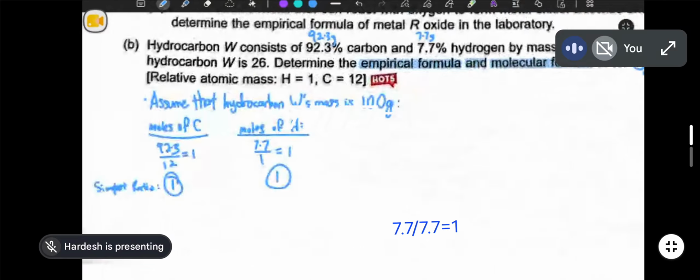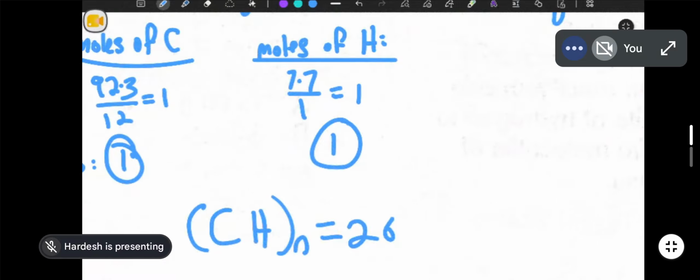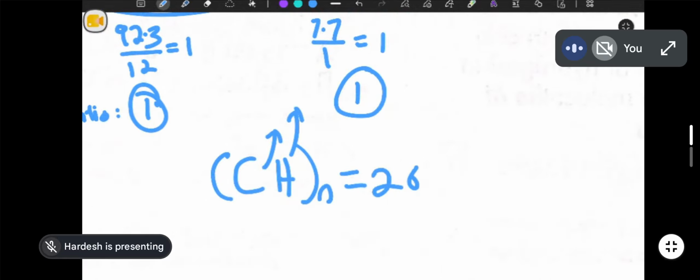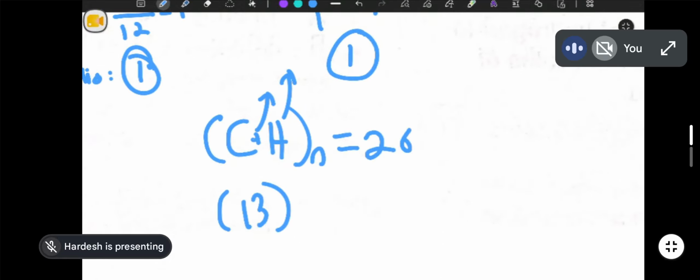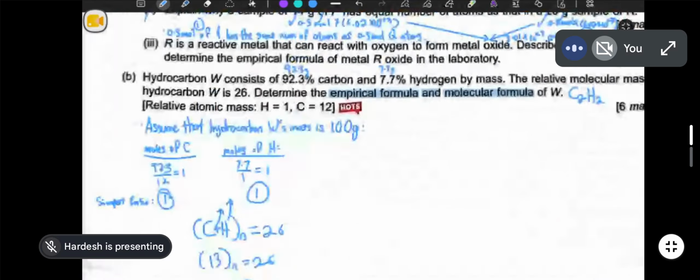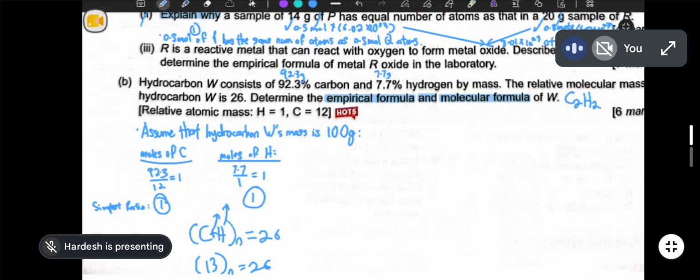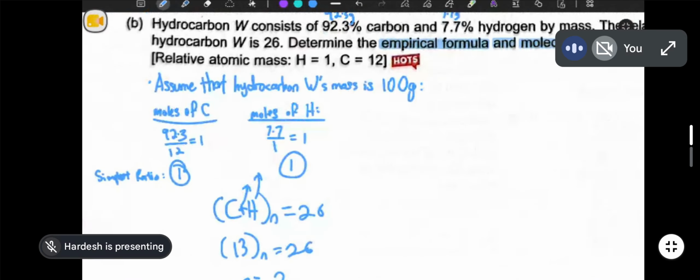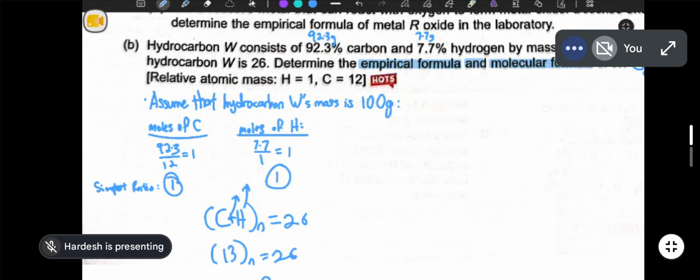So, how to know what is your actual molecular formula? CH times N equals 26. CH is how much, guys? CH is total 13. Correct or not? 13 because 12 plus 1. So 13 and 26, N is 2. So your CH, you will multiply by 2. So you'll get what? C2H2. Simadeep, bro, clear or not? Yeah, clear. Jaya, all okay? Yeah, okay, bro. Okay, Vanisha, your steps and my steps got anything different a bit or not? No, all the same only. All the same. Did you do in